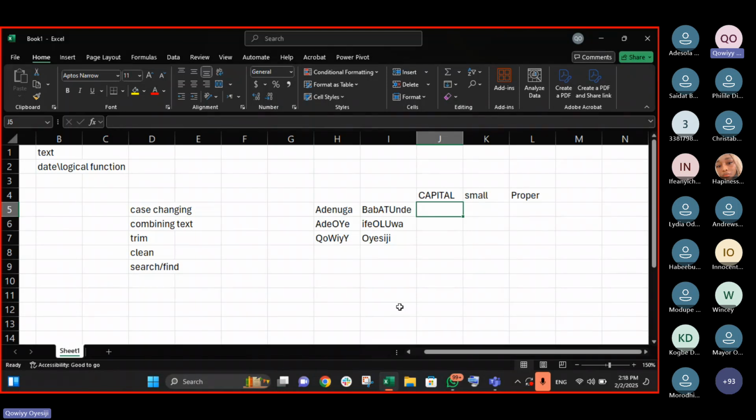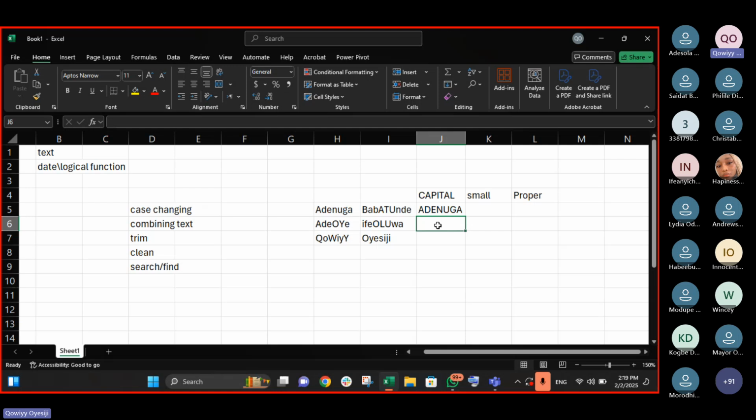Yesterday I told us that we use two things in calling out our functions, and that is either we use the equals to sign or the dash sign. So now I'm going to be using the dash because the equals to is very common to almost all of us. For people that might have been using Excel before, we mostly make use of the equals to. So we are going to be interchanging them. Now equals to upper like this. I'll just click on the name, press my brackets, bam, you can see it, it gives me what I want.